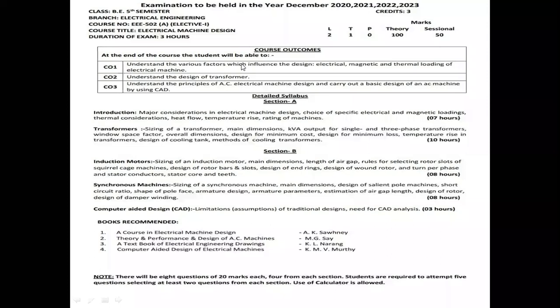So what does the design engineer do? Based upon this data, he calculates what is the iron length required for making the core, what is the gross core length, what is the cross sectional area of the conductor that can be used for carrying the current, what is the specific magnetic loading, what is the specific electrical loading, whether it is an oil immersed transformer or a water immersed transformer, and all that. So initially when you provide certain requirements to the design engineer, on the basis of this requirement the design engineer starts working on it. Clear?